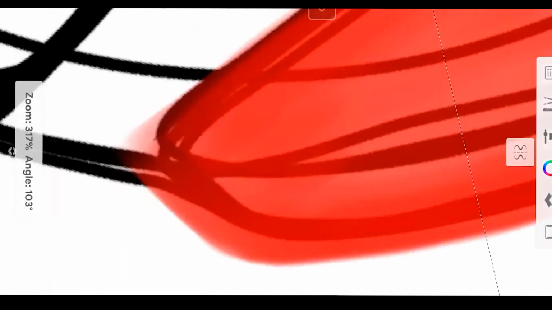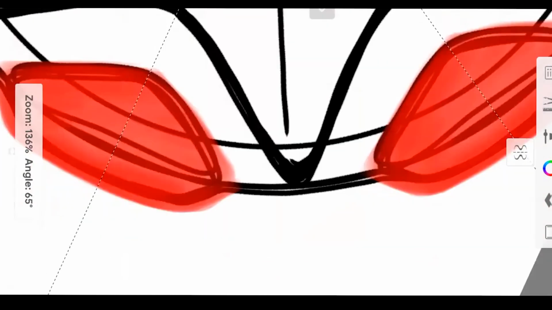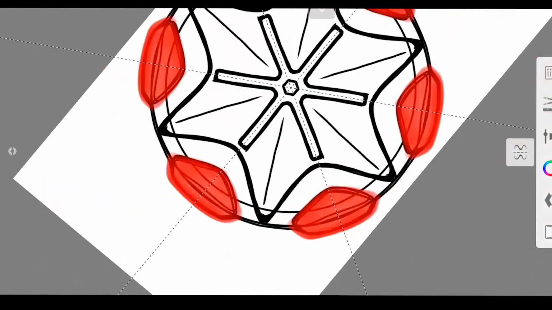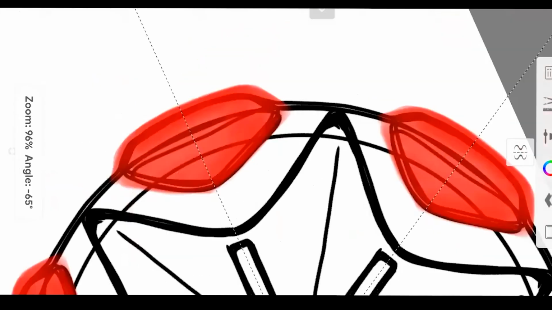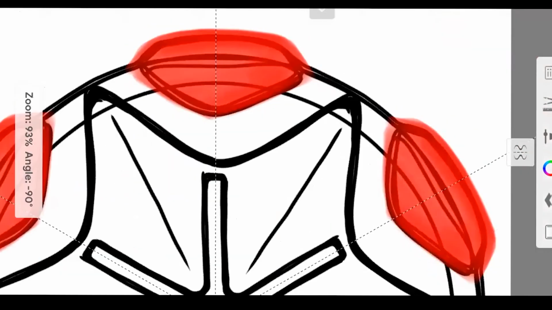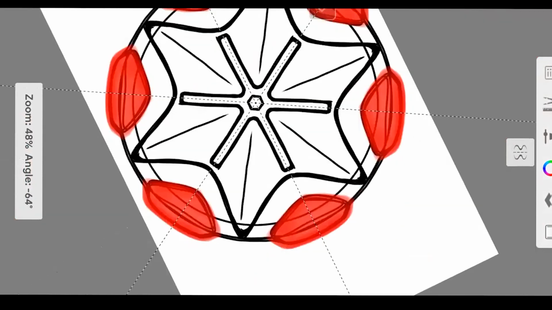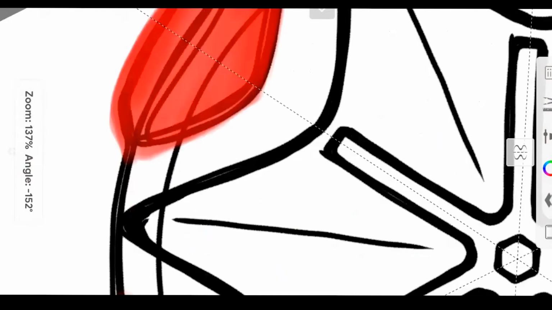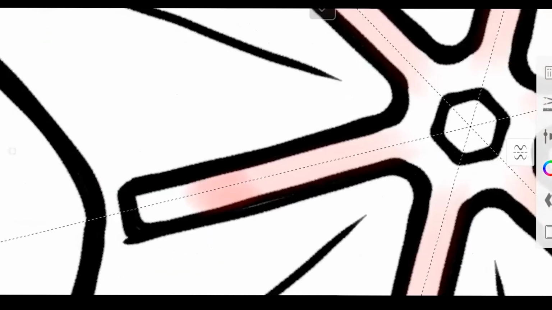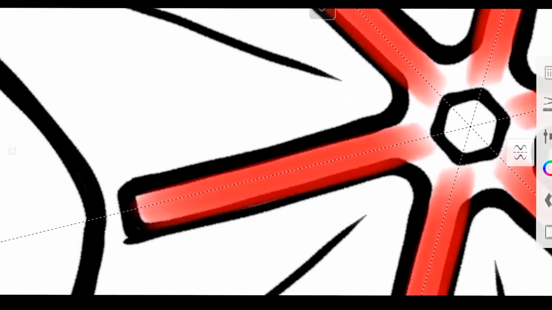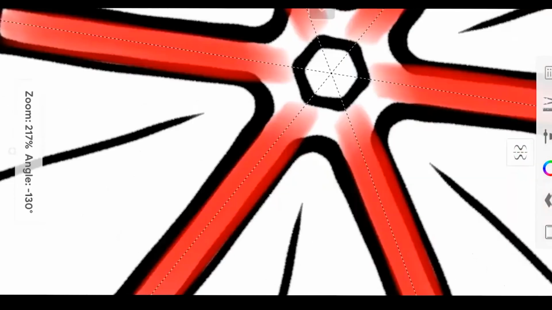Gotcha. So this is the main highlight where I would like to bring the focus. It's the red diamond, a ruby, you can say that.